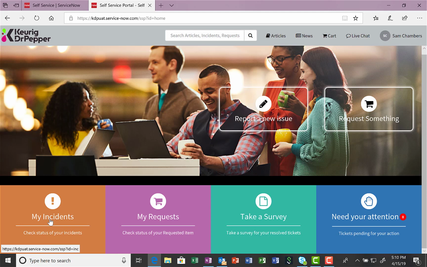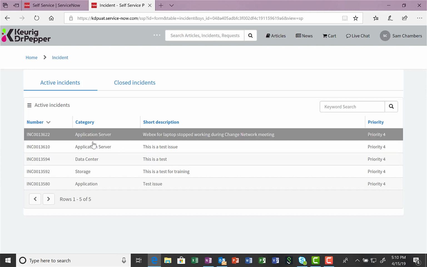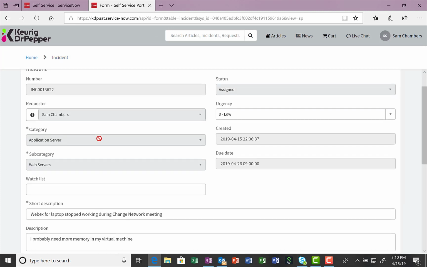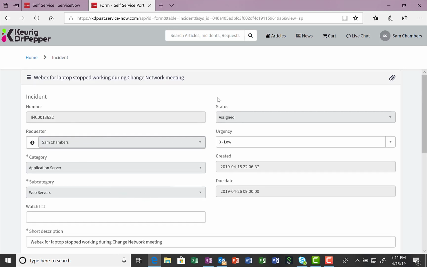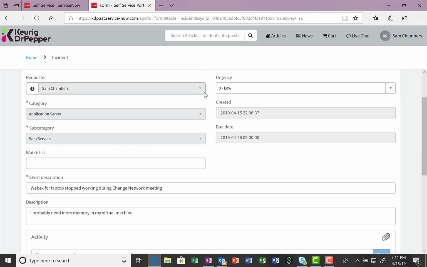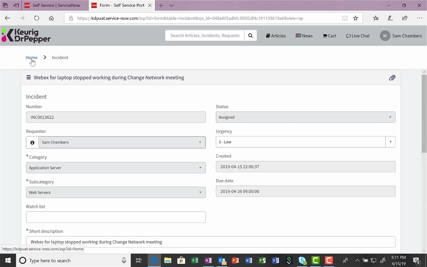Right. So let's go back to my incidents, and this will be the list of incidents that I have created. As you can see, I've been playing with this for a little while, so let's take a look at the one that we just opened. Let's click on that, and it gives me all the information, so I'm able to go back to the same information that I had before, right? So if we go back to this,